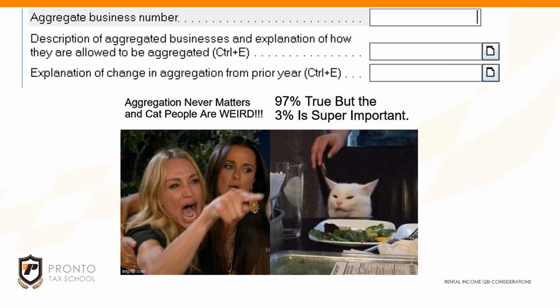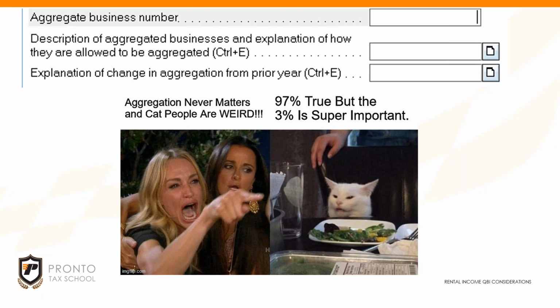So the option to aggregate rental real estate is probably the most used area of aggregation for QBI. And if there is an advantage to having that UBIA, or even the W-2 wages limitation, if there's an advantage to treating multiple rental properties, or multiple businesses that are related to real estate, or you can make some case for aggregating them under the aggregation rules,